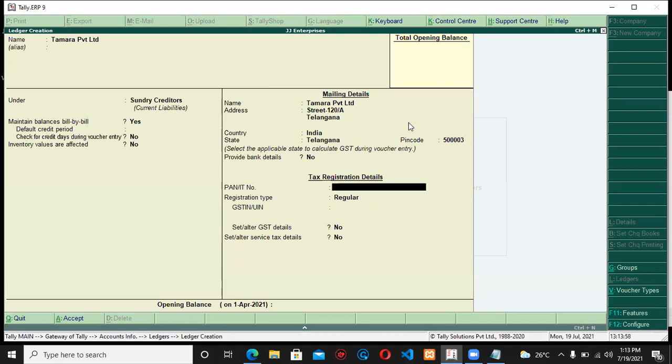Having provided those details, we need even the GSTN number and other things. I have one existing GSTN number, and I'm going to use that. It is 36AA. This is the PAN card number.